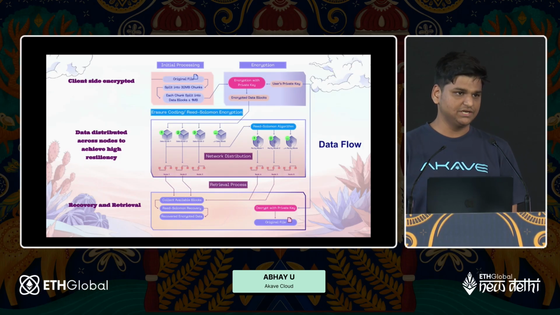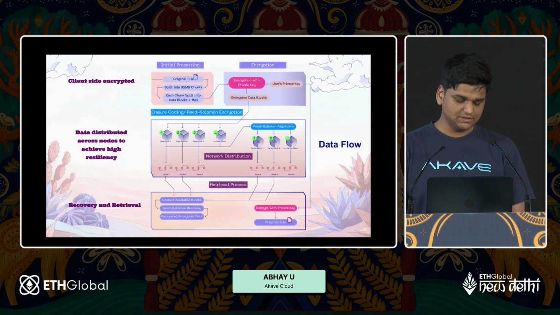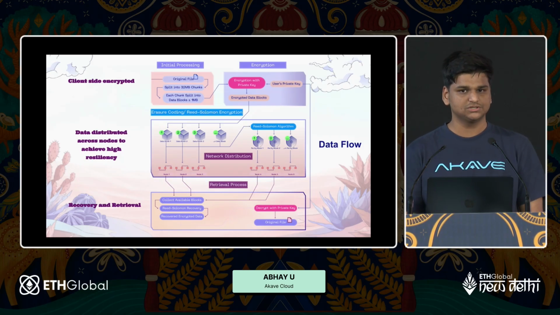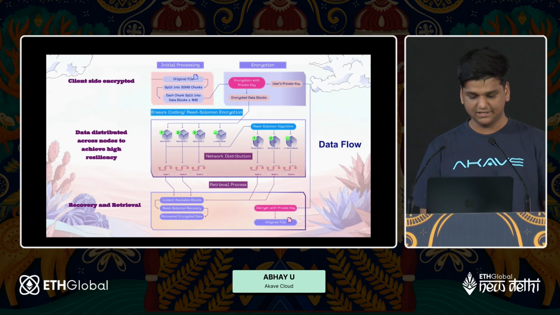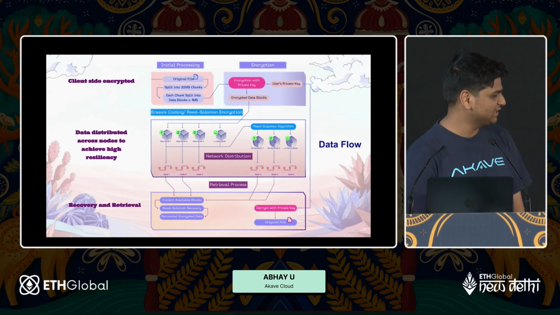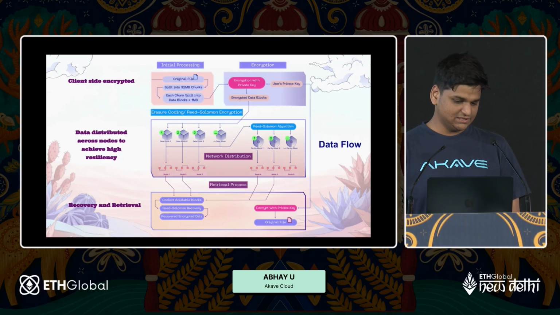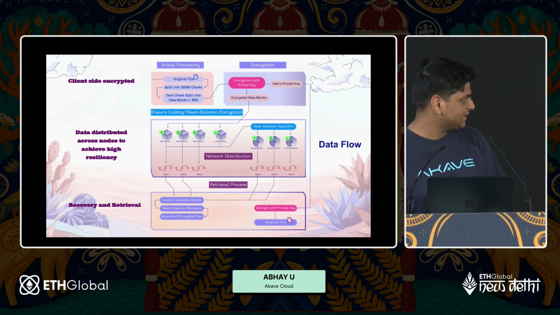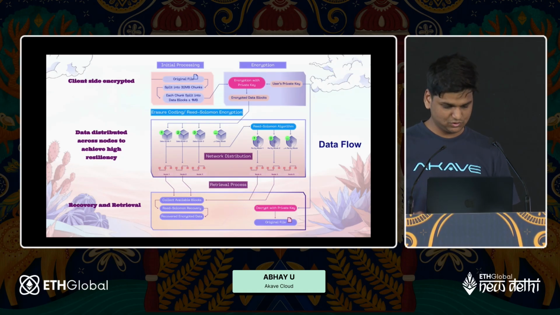So why use erasure coding? In the future, we are imagining a permissionless network, and if more nodes come in, we have to account for errors. If some nodes do go down, we can recover your file using the Reed-Solomon recovery algorithm, that is erasure code recovery. All in all, your data is very redundant and secure. There's no fear of losing your data, and data is encrypted throughout this flow.